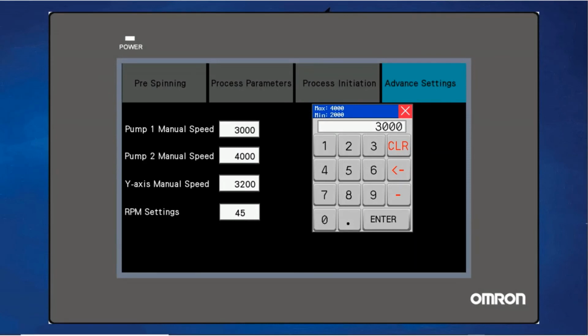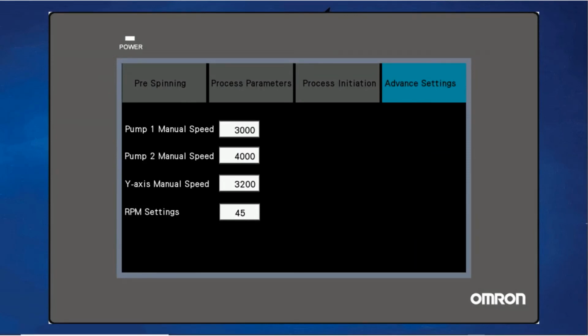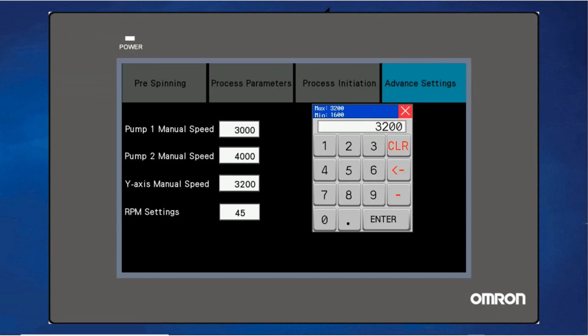In the Advanced Settings window, we can set manual speeds for Pump 1, Pump 2, Y-axis, and RPM resolution. For collector,